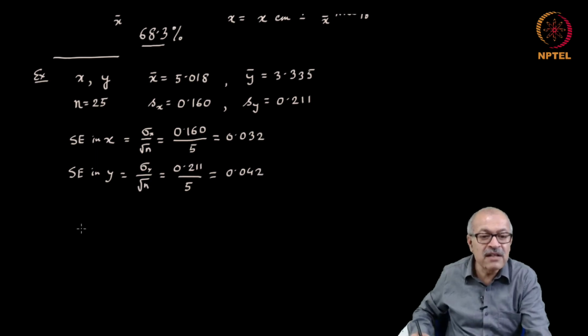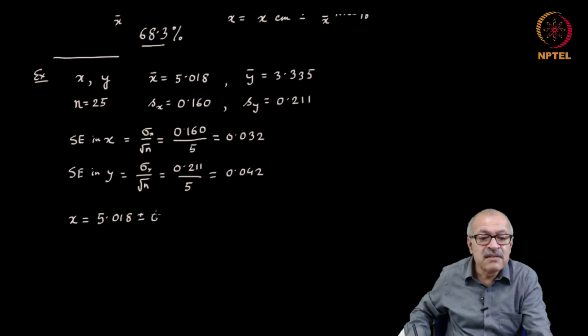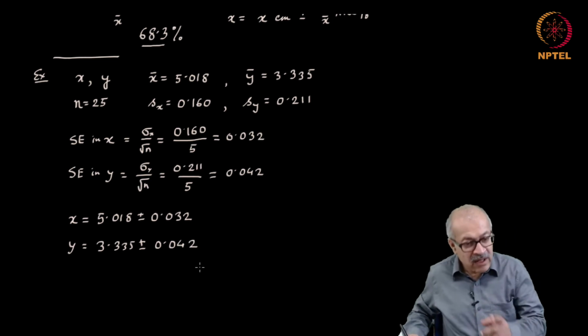And therefore, having done this calculation, we will state that I have measured x as 5.018 plus minus this 0.032, and I have measured y as this 3.335 plus minus 0.042. Notice one thing,